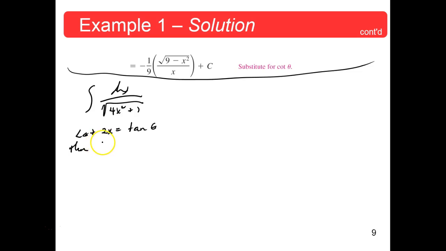What was usually our next step? Then 2dx is equal to secant squared theta. Derivative of tangent is secant squared. Okay? So dx would be secant squared theta over 2. Oh, I forgot my d theta. Always have a d with a d. Okay. Now,